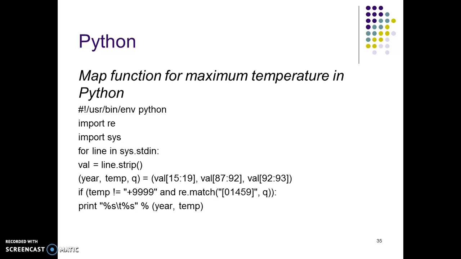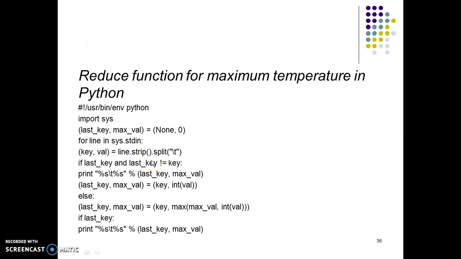Similarly we have Python also. In Python we use the for construct, and we use year, temp, q, which are initialized with the values. Then if temp is not equal to, then we try to rematch it with this, then we print the year and temperature. So this is the function which is used in Python for reducing the data. Then we are using the data here for line in sys.stdin, key value line dot strip. Then we are printing the things which are retrieved from our programs. So this is how our reducer